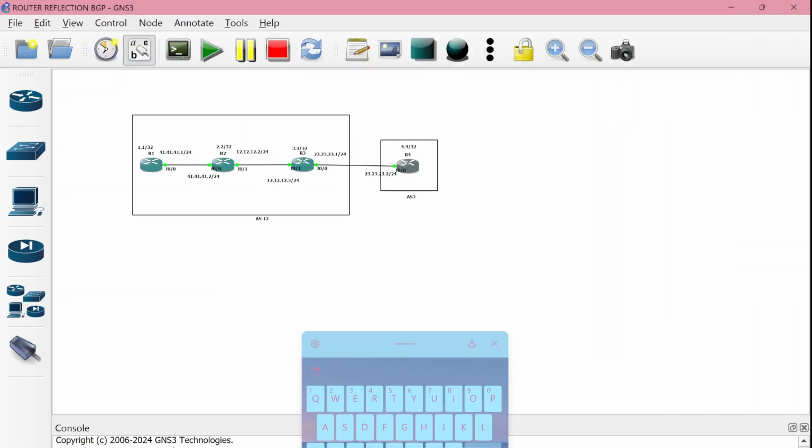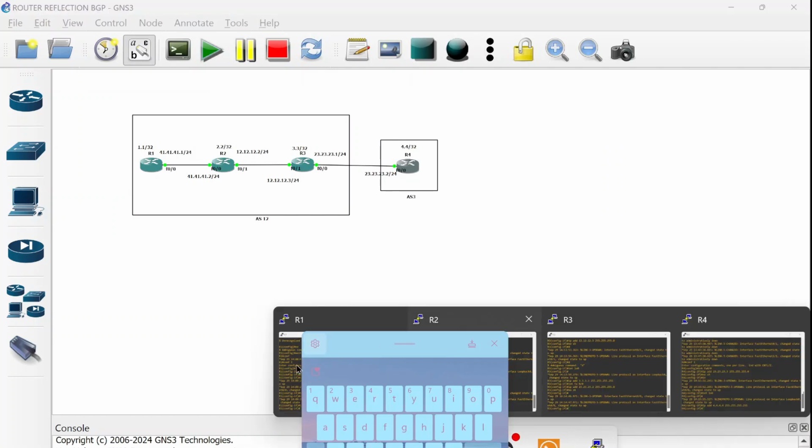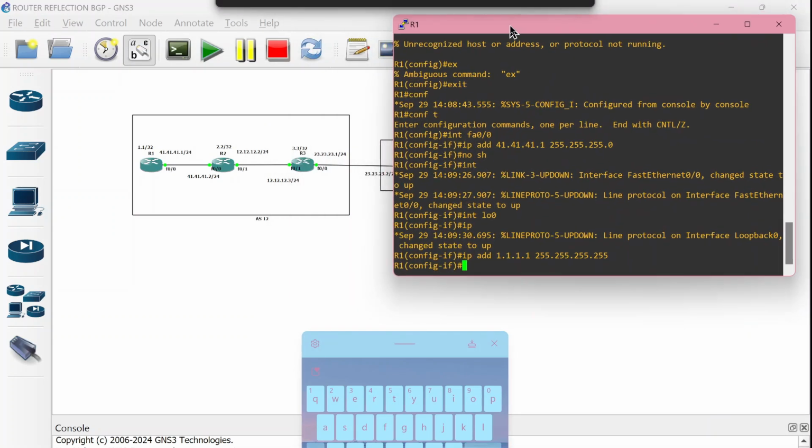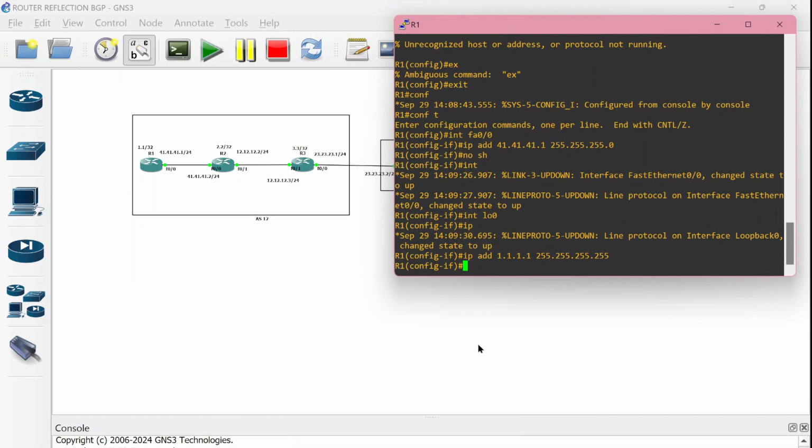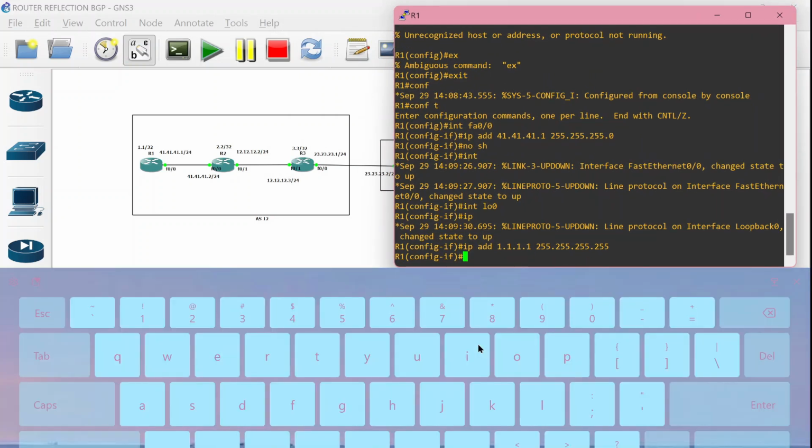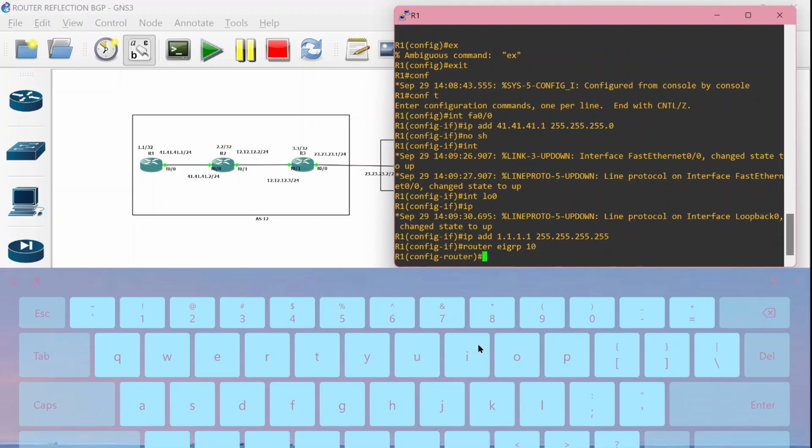For the first, I think it's not BGP but EIGRP. Yeah, that's what I mean. You can see the configuration on my channel. This is AS number 10, up to you. Don't forget to always enter the network. This is router number 1. The network is 41, because the port that connects to router number 1 is network 41.